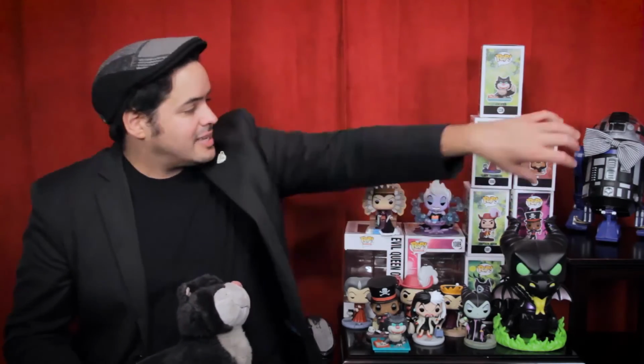Now, of course, like I've said with the other characters, I would have much preferred to have had a standalone Lucifer Funko Pop. That way I could have him hanging out with the Cheshire Cat or my other Disney cats, but I will take what I can get. Overall, I think the design of this pop is top-notch and absolutely worthy of the greatest Disney villain cat. Well, I say greatest Disney villain cat, I don't know, because there is another one who actually got his own Funko Pop as well. The final pop we are going to unbox in this collection,